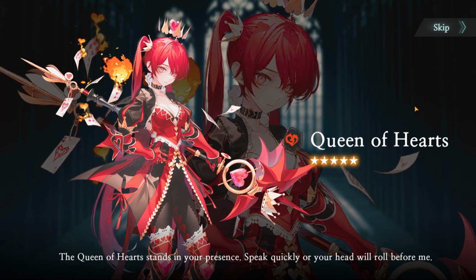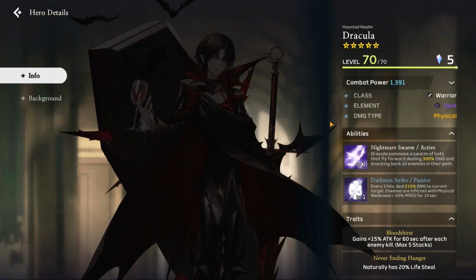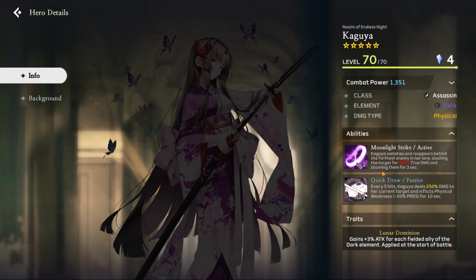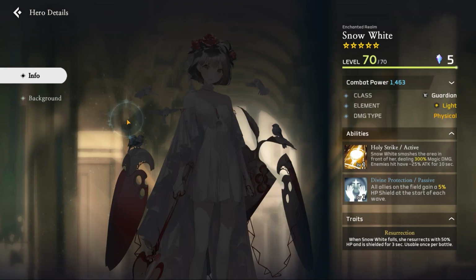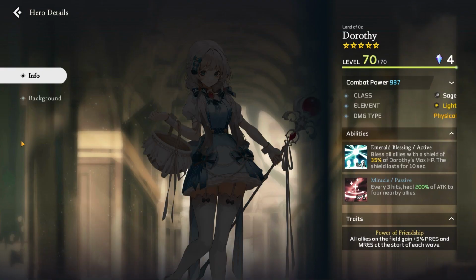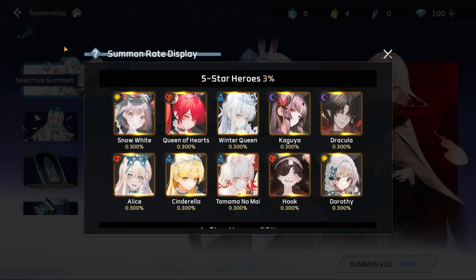Out of these characters, I think that Dracula is one of the best options. He's a pure AoE damage character with a passive that reduces the physical resistance of the enemies. Kaguya is pretty similar, but she just attacks one enemy. She is an assassin, and after what I have seen in multiple gacha games, this class is not going to be that useful in the beginning of the game. Then, Snow White is a light guardian and Dorothy is a support, so these 2 units will help your team, but you will need a good DPS character. That's why I think that Dracula is the best of all of these special characters for the beginning of the